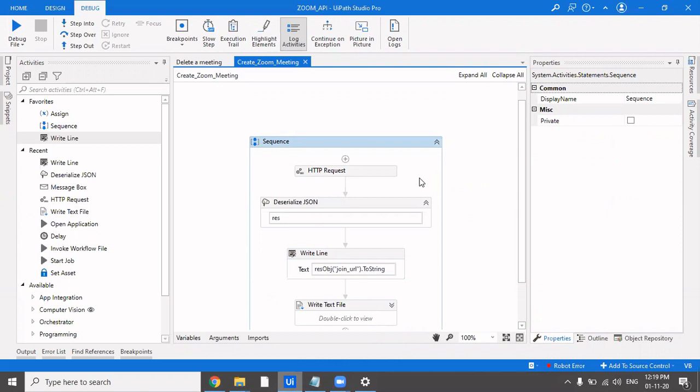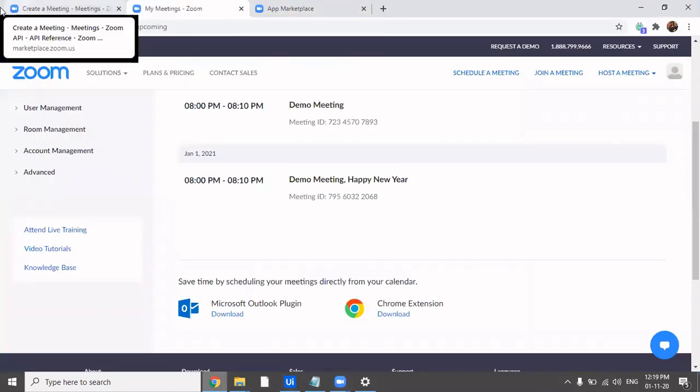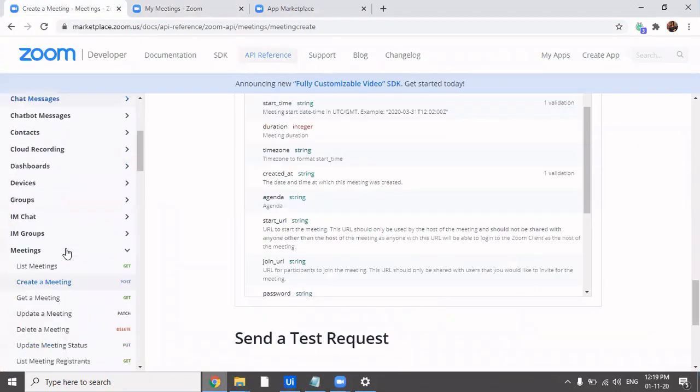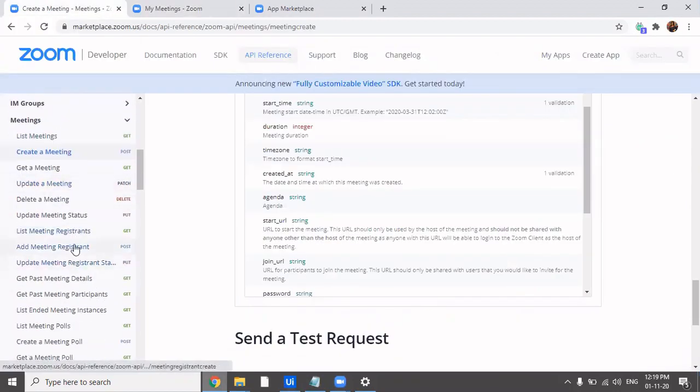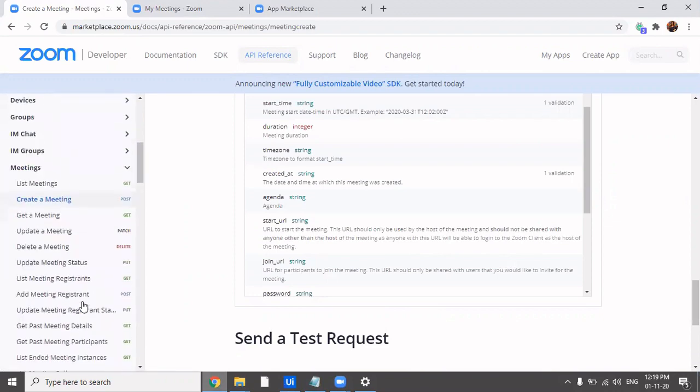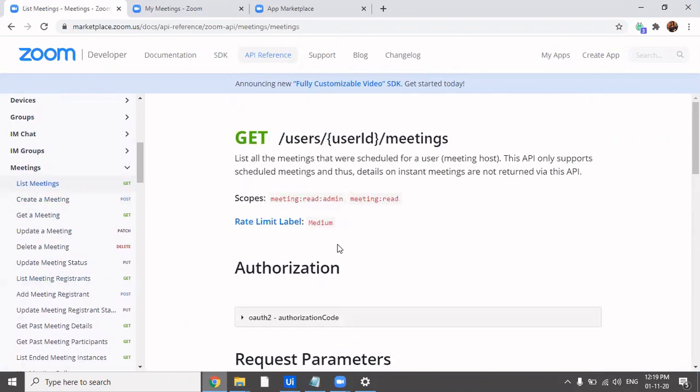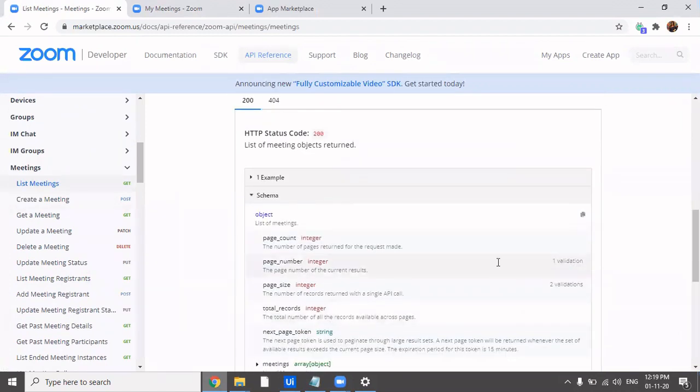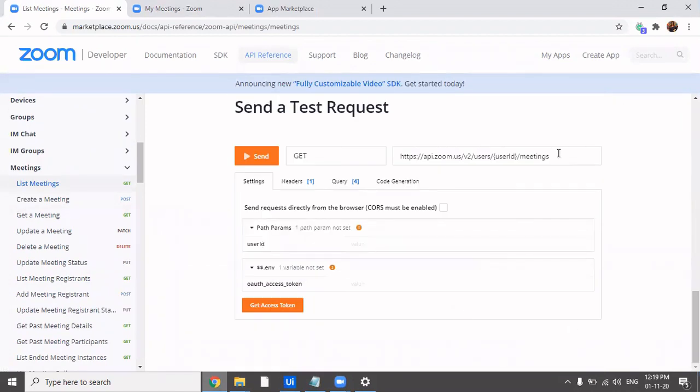And before wrapping up, there is also one more API which is available for public use, and you can definitely try that. That is list all meetings. Let me quickly show that as well. So, not list meeting polls. There was this list meeting API, which is a get API and which would get all your upcoming meetings, you can say. Let me just copy this.